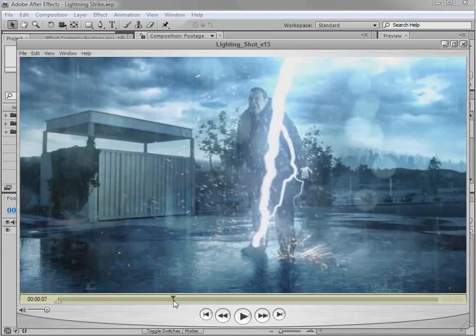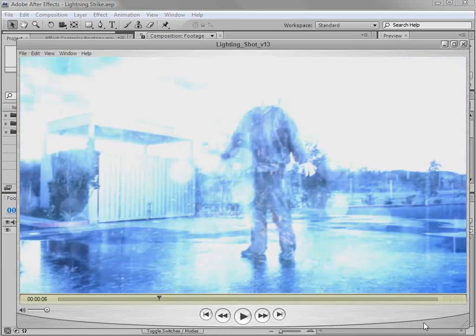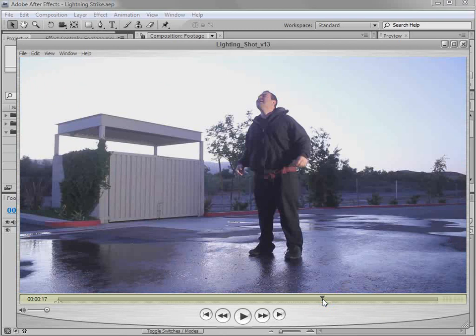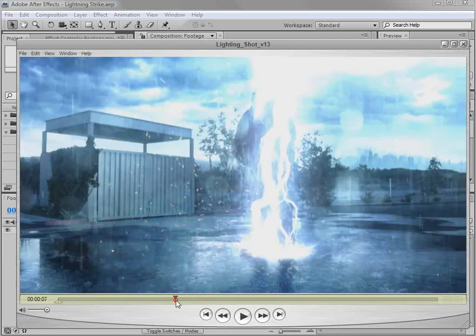I've got the lightning and sparks, and by the way, all of the wet water look and rain and sky is also replaced from the original shot. So we are going to do a sky replacement. We're going to add some rain. We're going to add some of this wet puddle look. Now, we are going to be doing a lot of things right inside of After Effects, namely the rain and